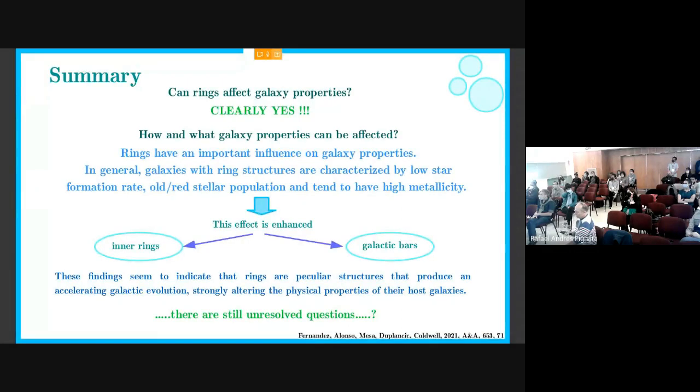Yes, we analyzed the presence of AGN, and about 13% of the total sample has no AGN galaxies. In the total sample of galaxies, about 40% of the ringed galaxies have AGN. Is there any difference in the AGN properties of ringed galaxies compared to the control sample? This is our future work. Yeah, it's in progress.